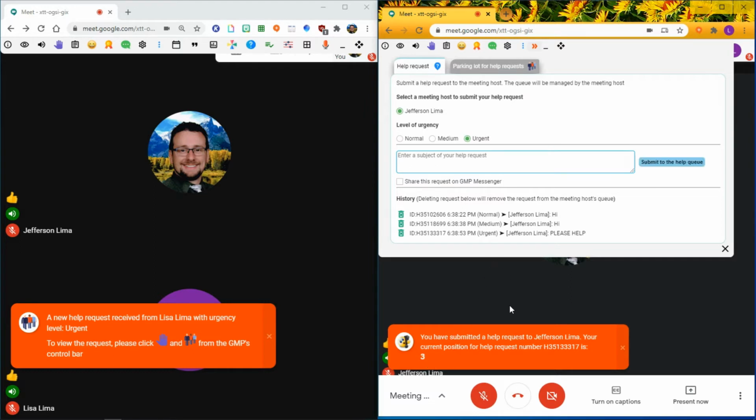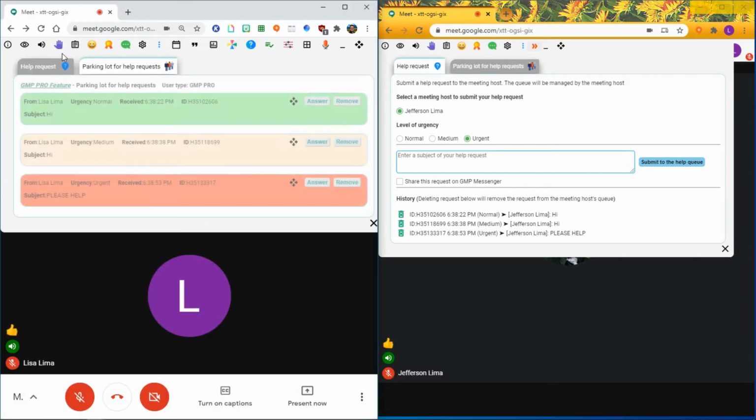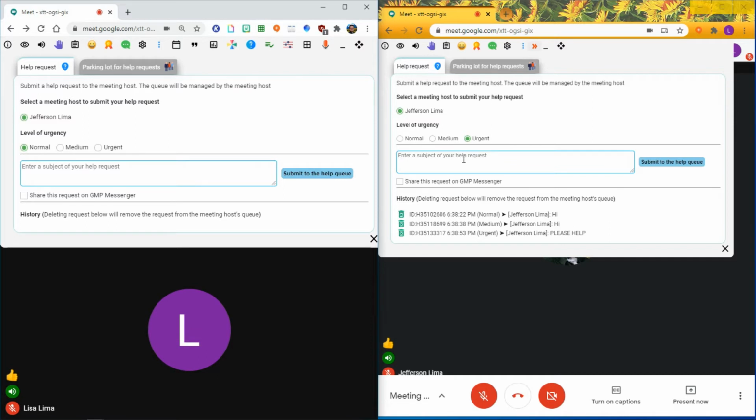Now this is the same user asking for all three requests, but that's why they see the history of all three of the requests. Now on the host side, there is a help request feature just like the user, because they could also ask for help if there are multiple hosts in the room. But if the host is a pro user, which they would have to be in order for someone to be able to ask for help, because at least one pro user would have to be in the room for that to take place,